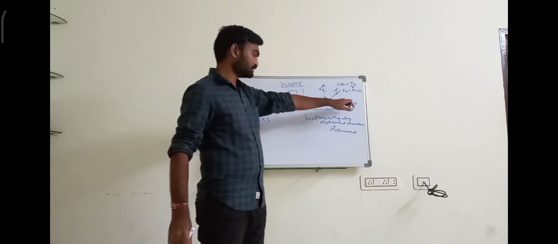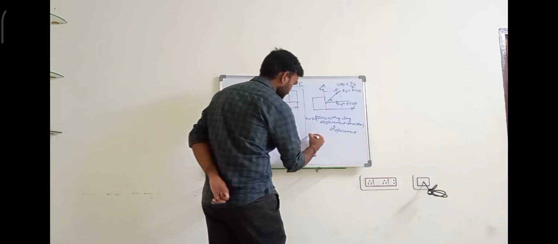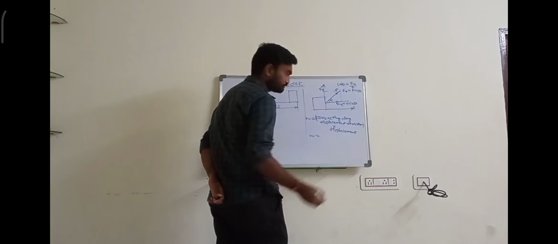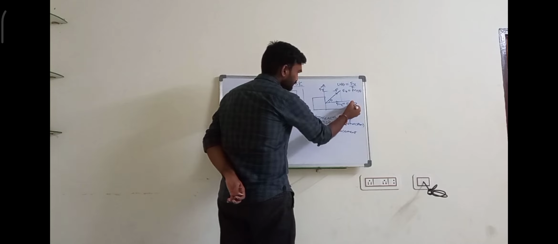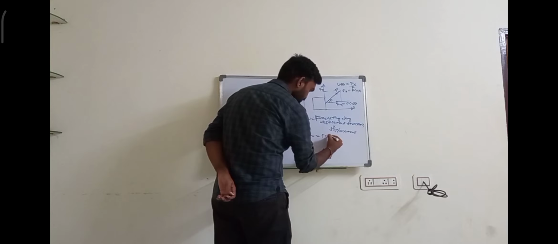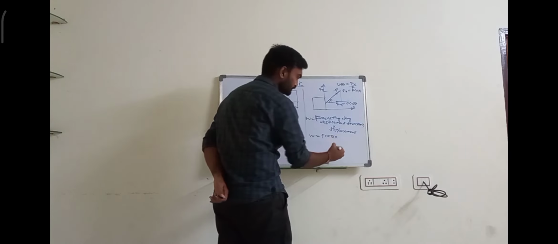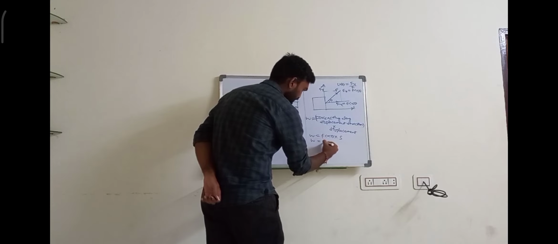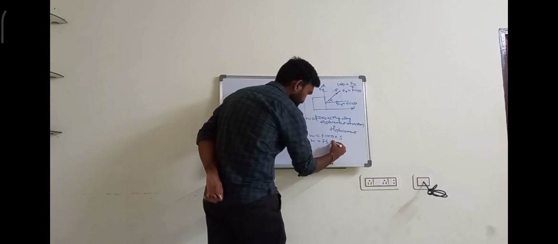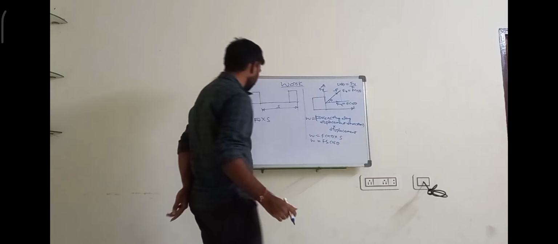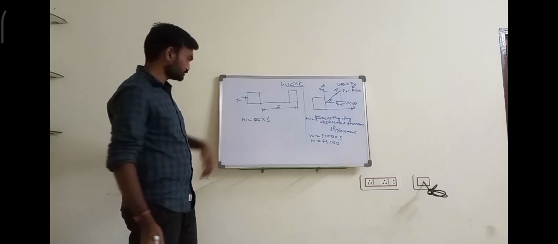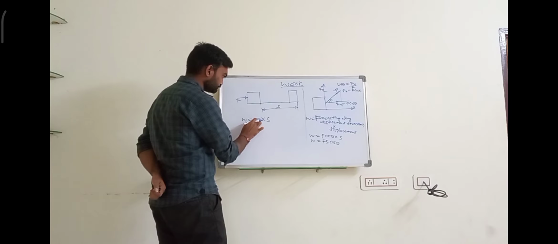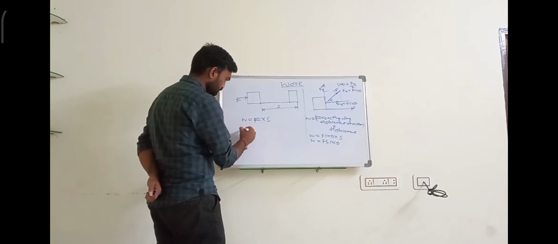So substitute this into the formula. We can write work is equal to the force along the displacement direction, which is F cos theta, times the displacement. So next we can write F cos theta times the displacement. So here the work is equal to force into displacement, right? The unit